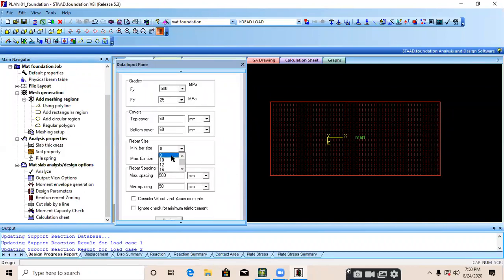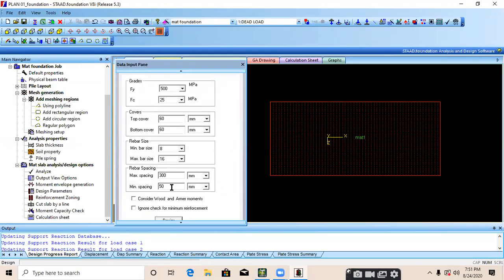Rebar size. We just need to provide a minimum bar size and a maximum bar size which we want to use. I'm providing minimum bar size 8 mm and maximum bar size 16 mm. Maximum spacing and minimum spacing. I'm providing maximum spacing as 300 mm and minimum spacing 50 mm.